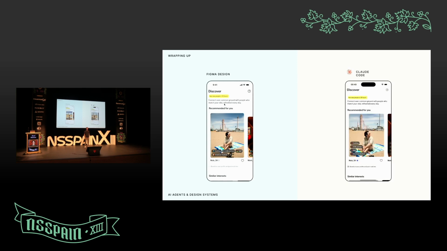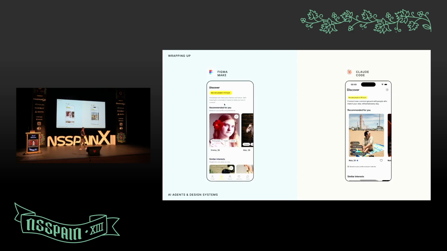But it took me 30 seconds just to update 5 lines of code to have a representation that is almost one-to-one with our design. And this is built in SwiftUI in less than 5 minutes. And if we compare to Figma Make, I think this is better than Figma Make at this point, because it's fully native, fully powered by the design system, and you can iterate over this screen like a real engineer, and you will not have problems because you follow all the design patterns from your project.